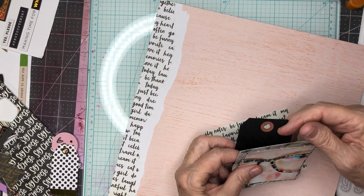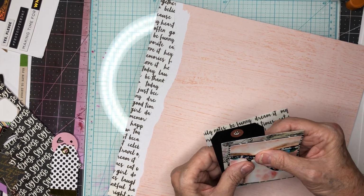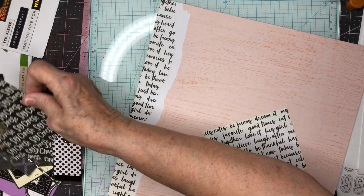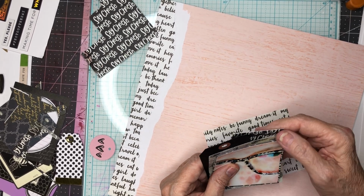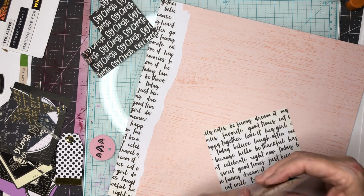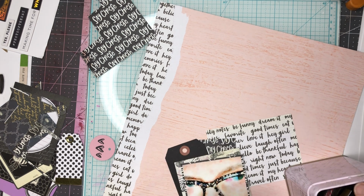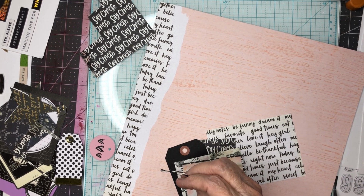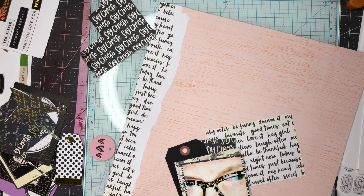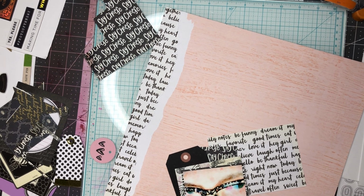Now I'd like to have this black tag there, and then maybe a Say Cheese layer where you can read the Say Cheese like that. Let me do that and that. And I was hoping to have some black and white twine. I know I had some at my desk earlier today, and it seems to have walked off somewhere, but